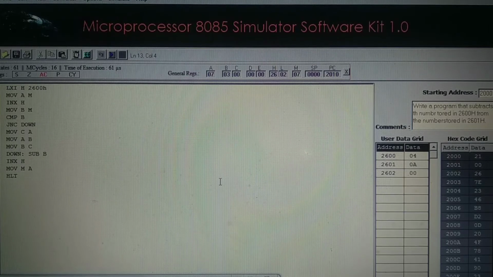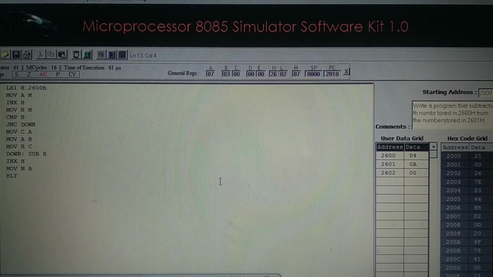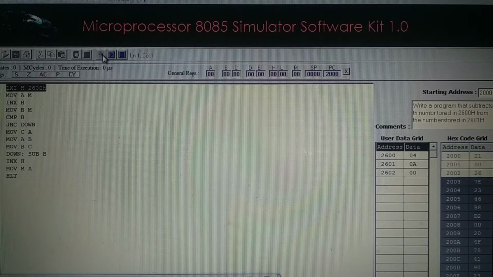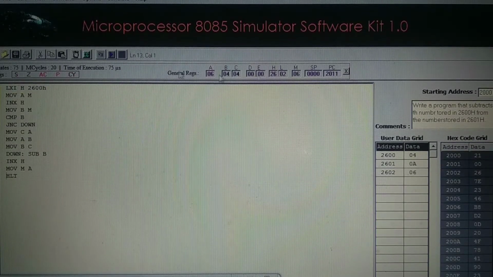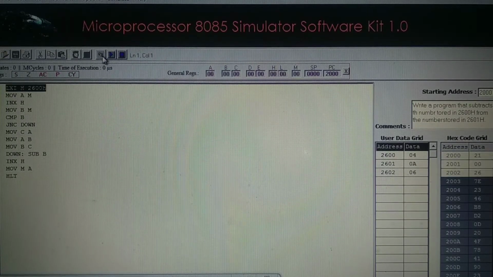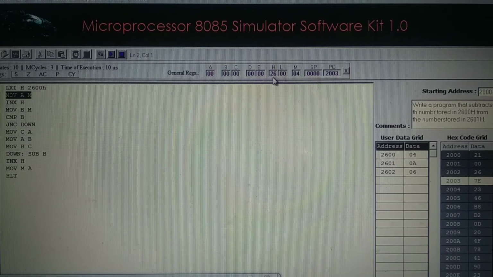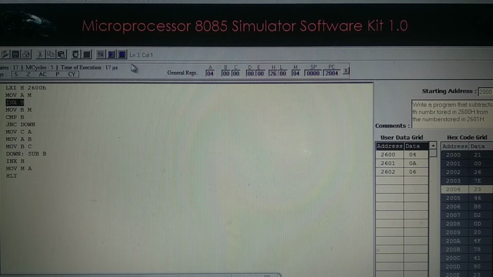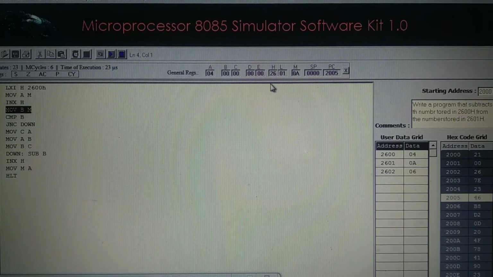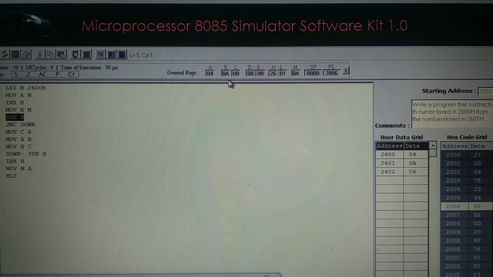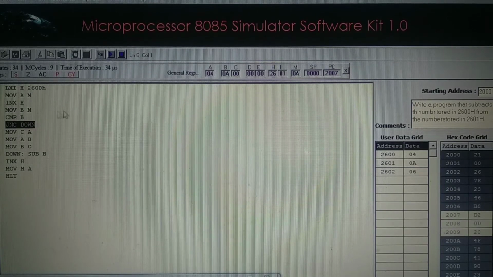Now I execute the program, step by step. First step, all becomes 0. HL gets executed. 2600, bring the number to the accumulator, 04. 2601, bring the number to register B, 0A. Compare.